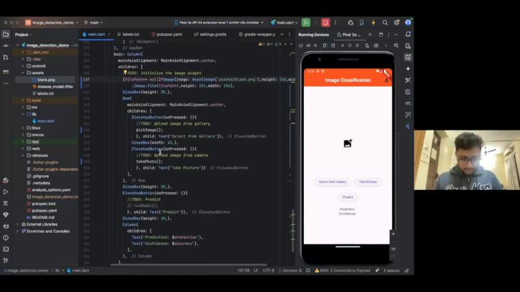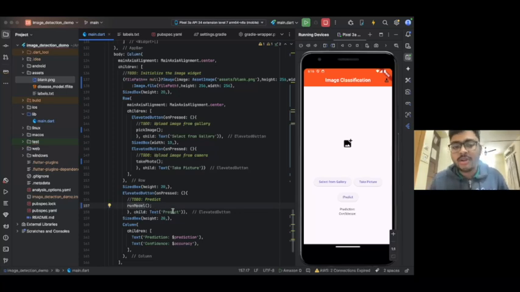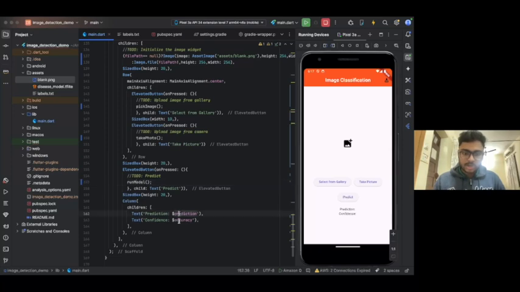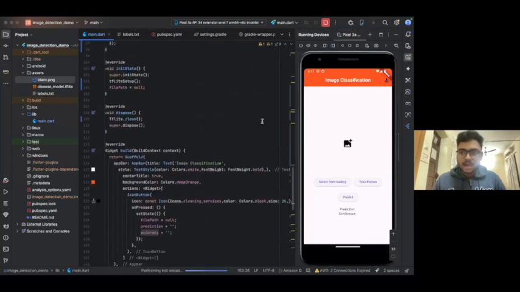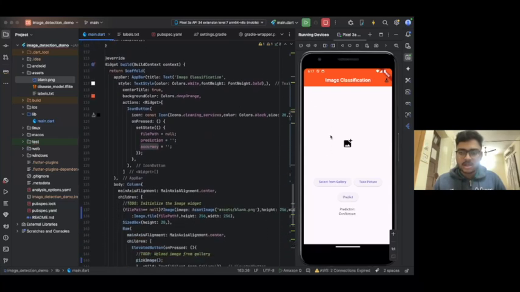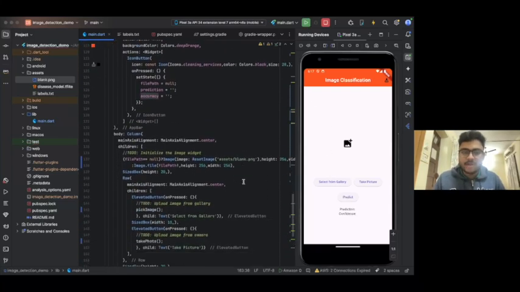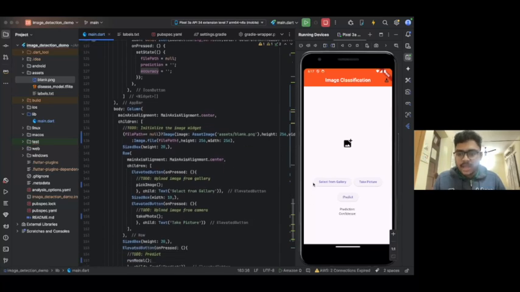And finally, the culmination of all the hard work that we have done till now: uncommenting the elevated button that says predict. We are ready with the image. We just need to go through the model, run it by clicking a simple button named predict, and it will show the prediction and accuracy. Again, some hot restart. I have a bunch of leaves that I have already saved in my gallery. I'll select from gallery,